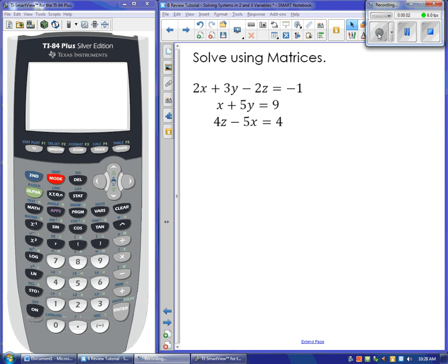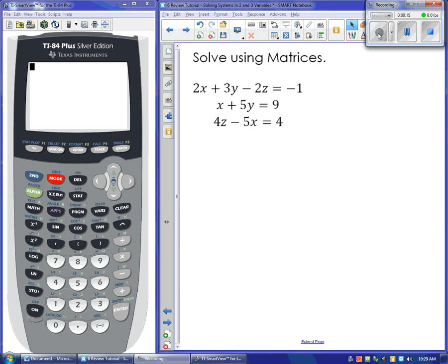Welcome back. This is the third tutorial on solving systems, and in this tutorial I'm going to show you how you can use your calculator and matrix operations to solve a system of equations. I'm going to use an example where we have three equations that involve three different variables, and the first thing